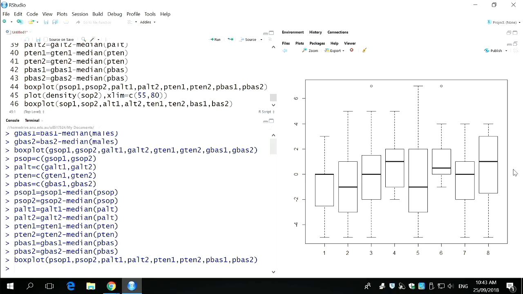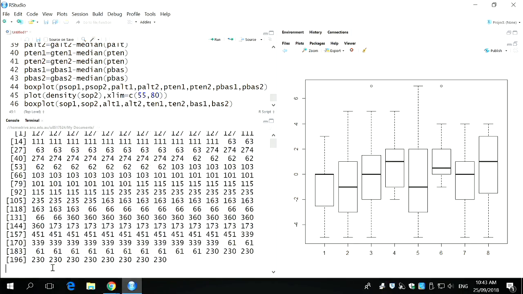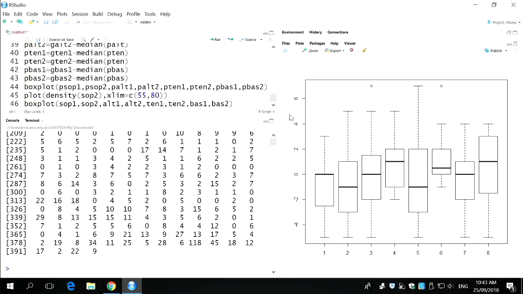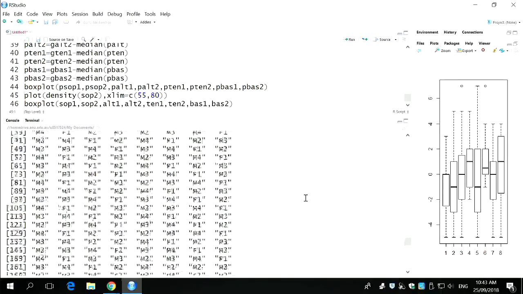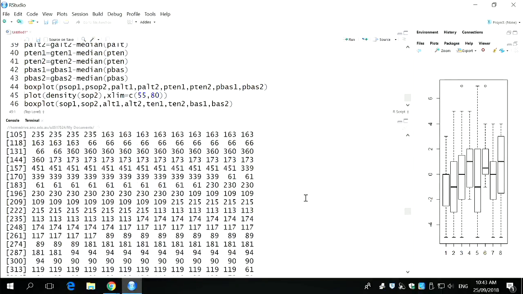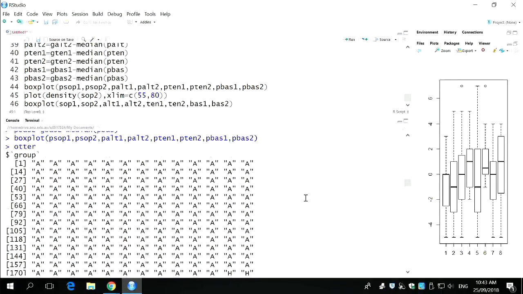So, okay, let's talk about the 2 data sets. There are 2 data sets that you can choose between. The first one's called Otter, so we'll talk about that one first. Okay, so there's the data, a lot of data. I'm just going to scroll back a bit, see if I can get to the top. There it is. Okay, so here's the story.